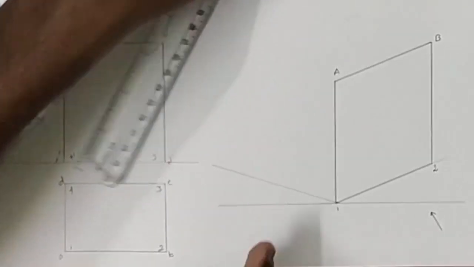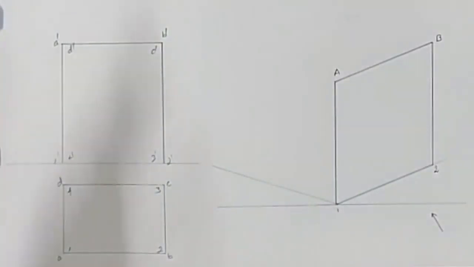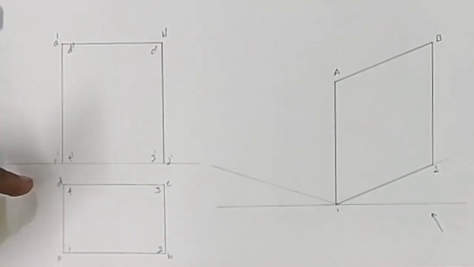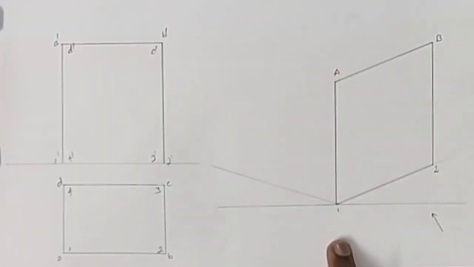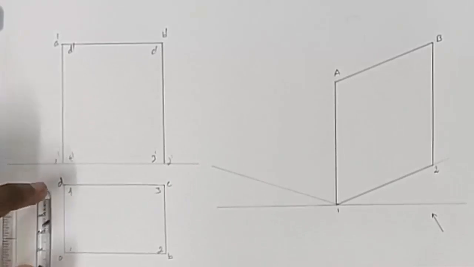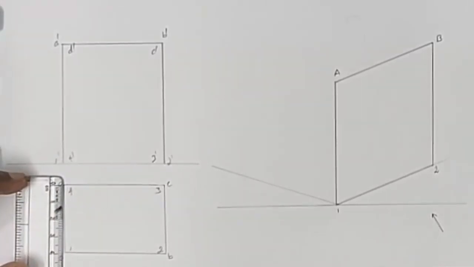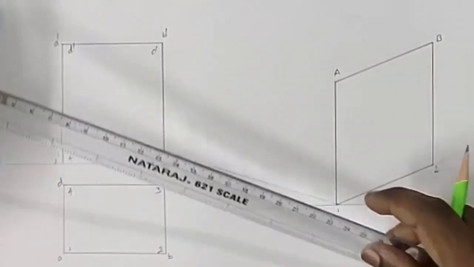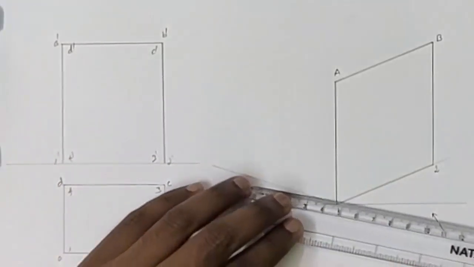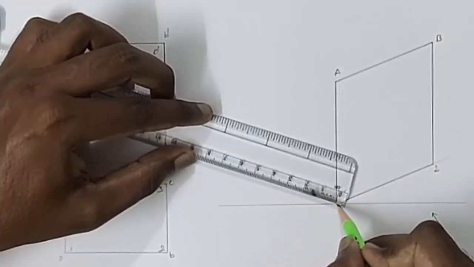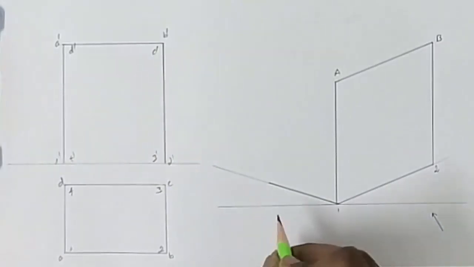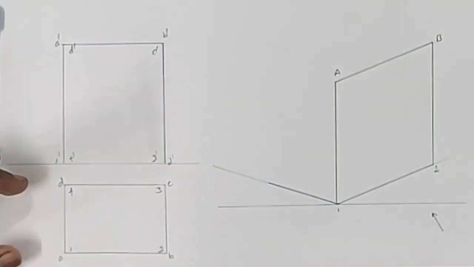So let us go to the left side plane. In the left side plane, the points A, D, 4, 1 are there. So A and 1 have already come into the picture. Let us transfer the points D and 4. The width of the left side is 40 mm, so here mark a 40 mm line. So this is the point in the left side face.